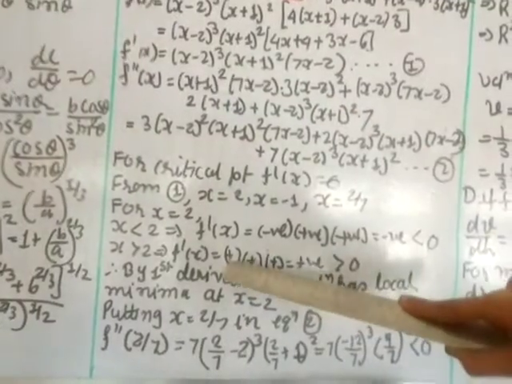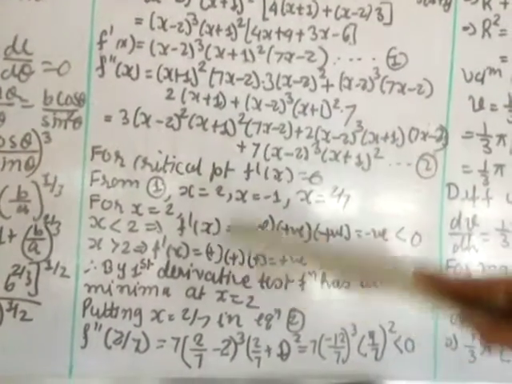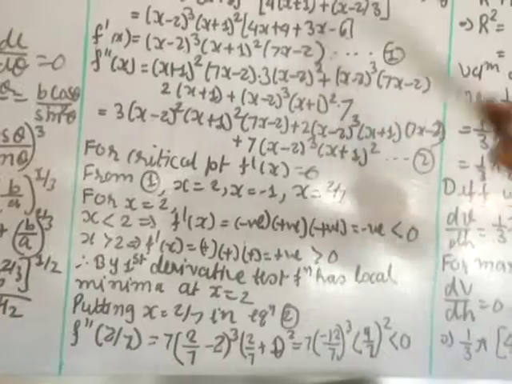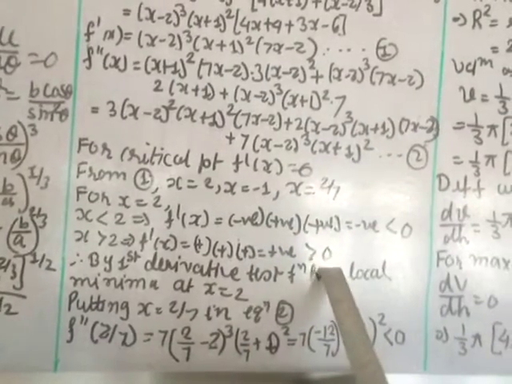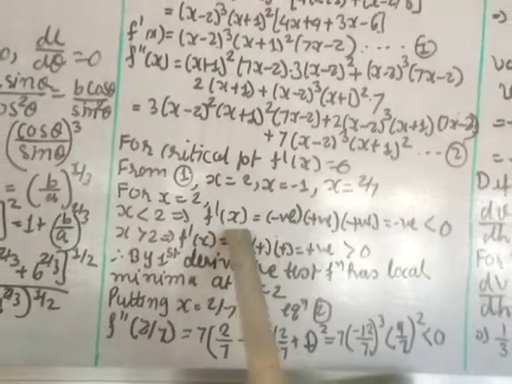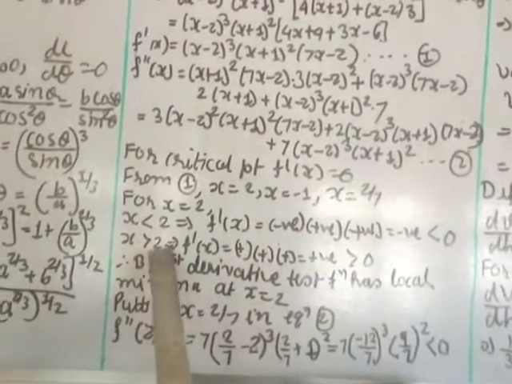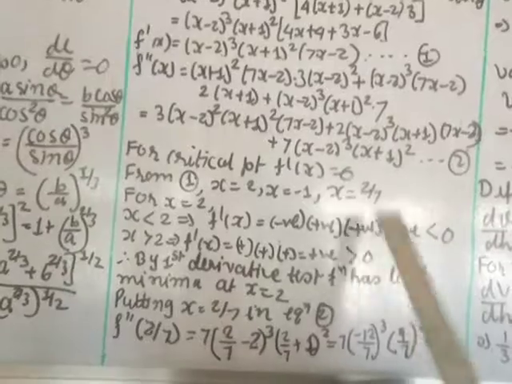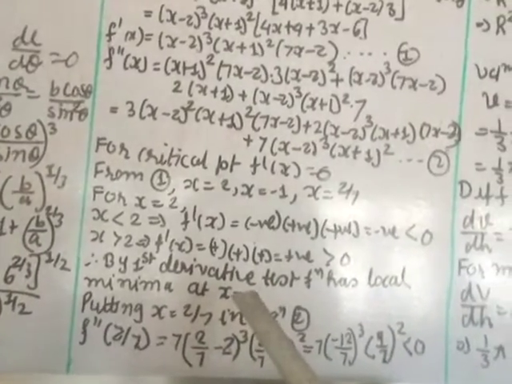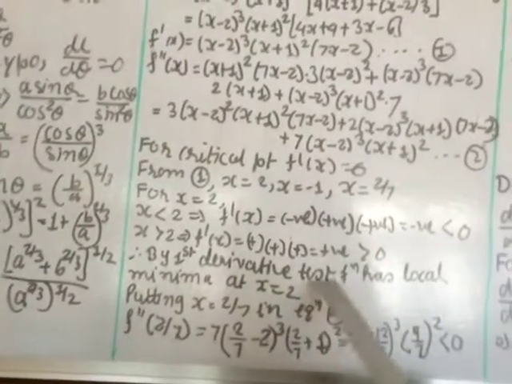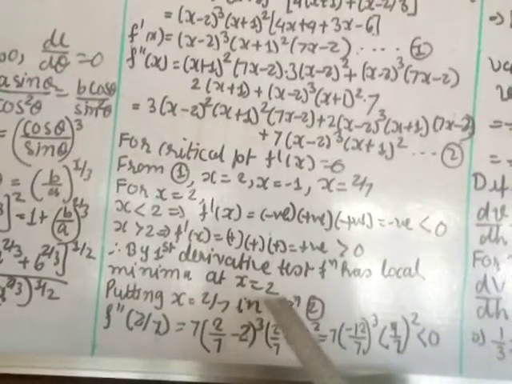Okay, so I have written positive. Here 3 plus 1 square is positive. Here 7 into 3, 21 minus 2 is positive. So everything is positive, so greater than 0. So we have proved that f dash x is less than 0 for x less than 2, and f dash x is greater than 0 for x greater than 2. So this is a condition for the minimum, local minima. So I can say by first derivative test, the function has local minima at x is equal to 2.